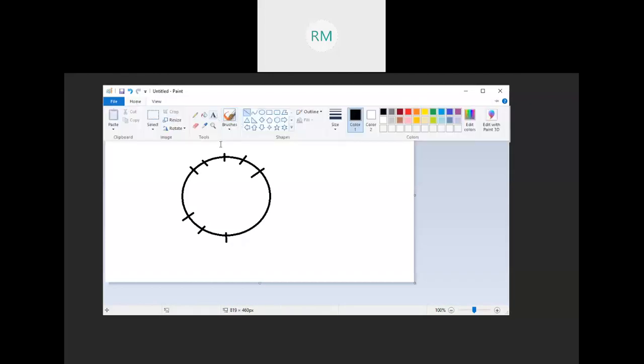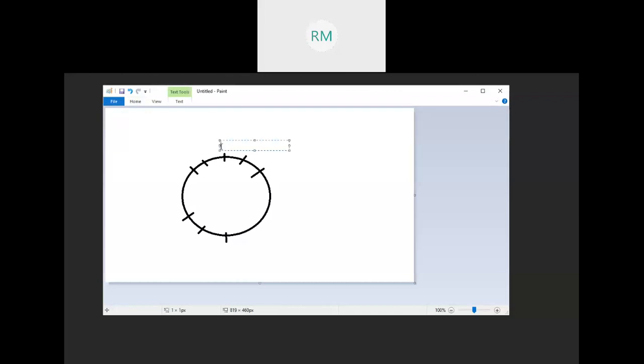Range of values. Here it is 0. Next is 1, 0, 1. Here it is 2. What is the maximum value I can represent in signed? 127, plus 127.